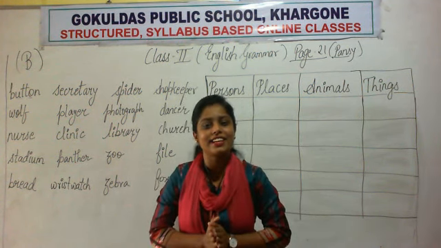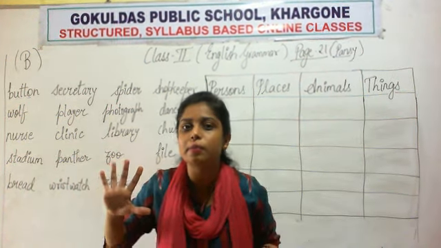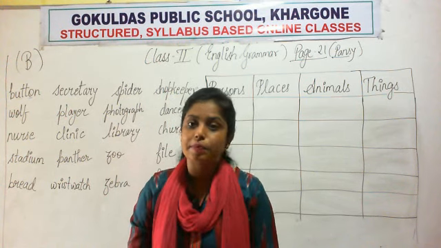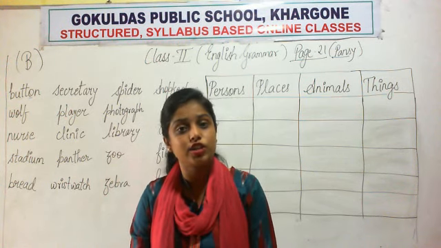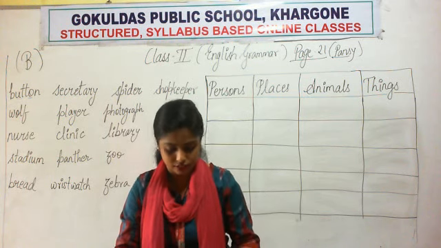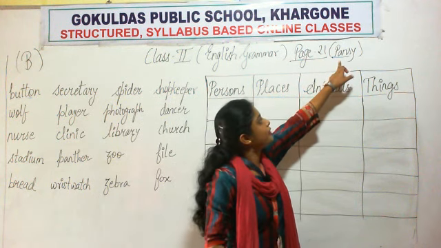And in the previous lecture, we had done one question of the exercise of chapter number 5 of English grammar. The chapter that is going on is chapter number 5, the noun and kinds of noun. Okay. So the first question. First of all, open page number 21 of your fancy book.